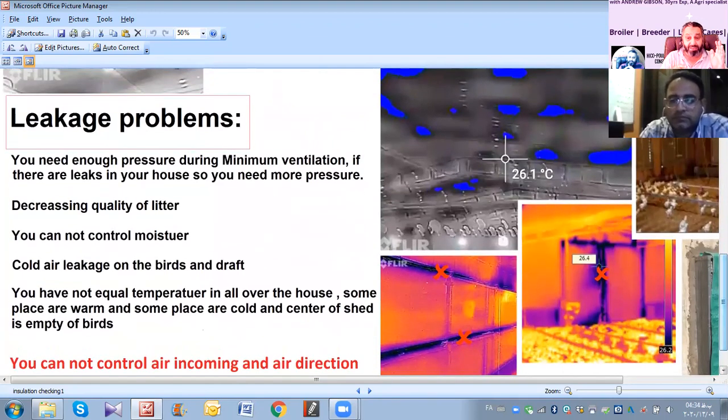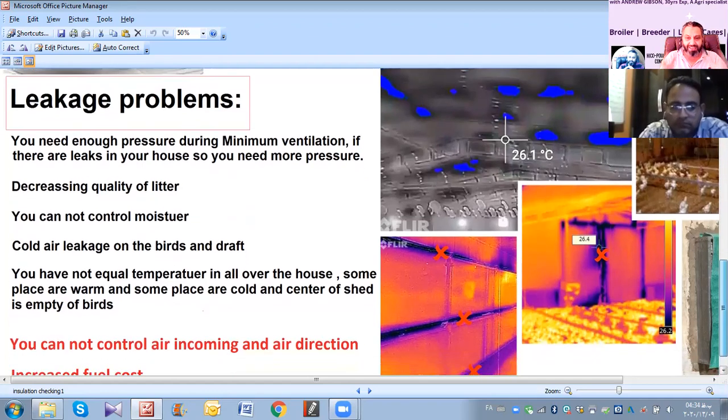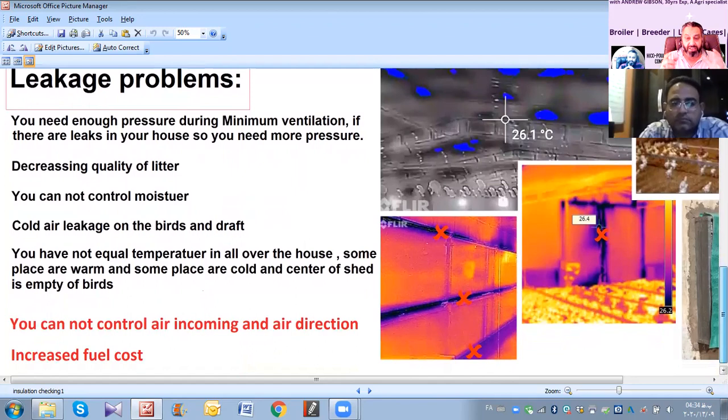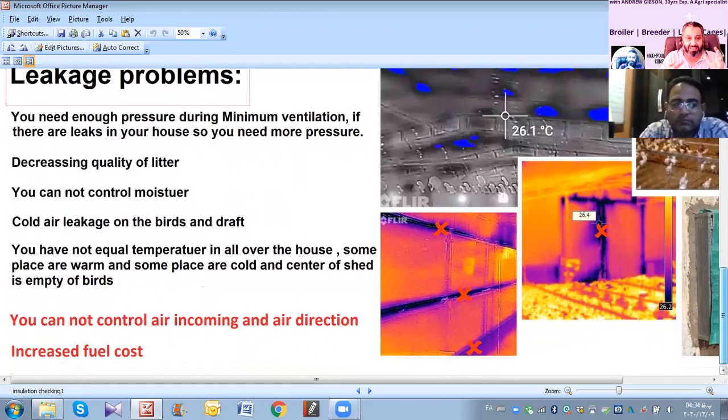If you control the leakage and the air movement of the house, you can save a lot of money. That's why we selected this topic, especially the smoke test and leakage test. So please carry on.